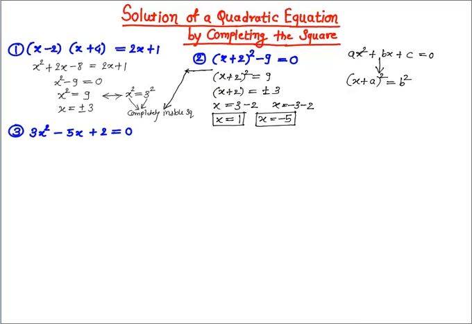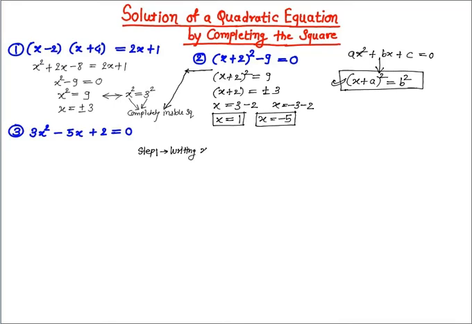Now, let's understand how to convert any quadratic equation into this form. For completing the square method, or to convert any quadratic equation into this form, we have three basic steps. What are those? Let's understand those steps with third example. 3x² − 5x + 2 = 0. So our step 1 is